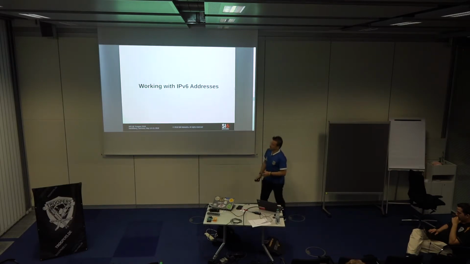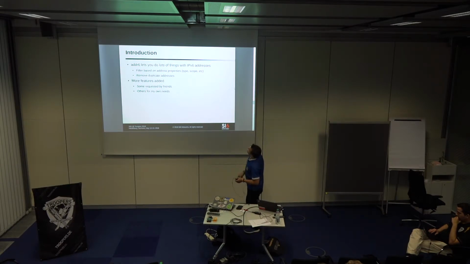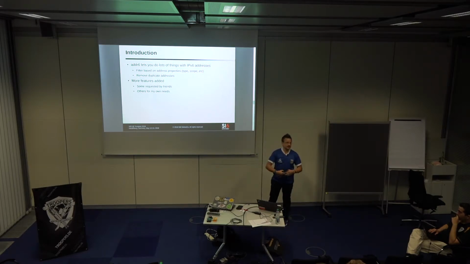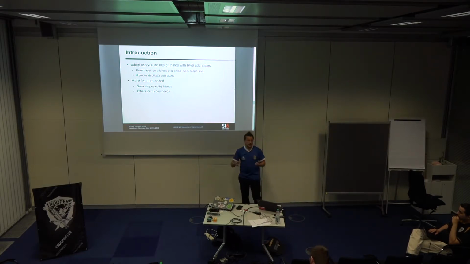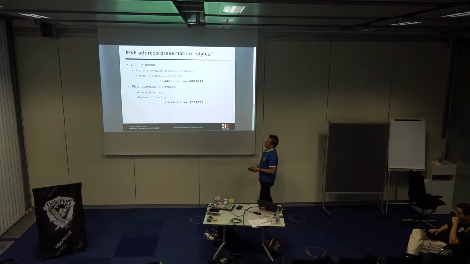Other stuff turned out to be needed. I was mentioning that we already have this tool, Address6, which essentially allows you to do virtually anything that you can do with addresses. For example, you can analyze patterns of addresses, you can filter addresses, you can have a whole file with addresses of different kinds, and you can ask the tool to filter addresses based on prefixes, scopes, and other things. But there were some more features that were needed.